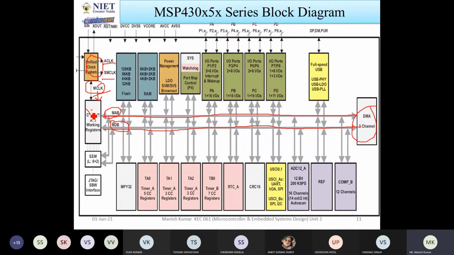So I will switch off the CPU by disabling the MCLK. If I disable the MCLK, ACLK and SMCLK will still work, so DMA will work fine. There is no problem in that. In this way, you can save power. That's why this is a very suitable microcontroller for low power conditions.